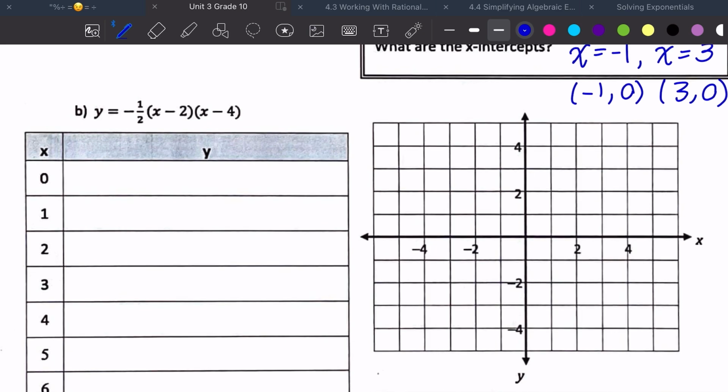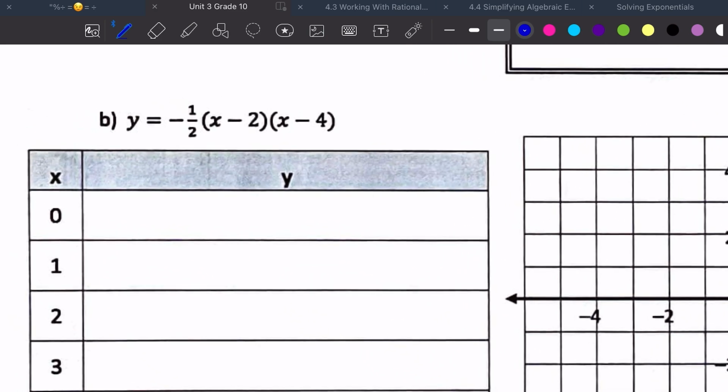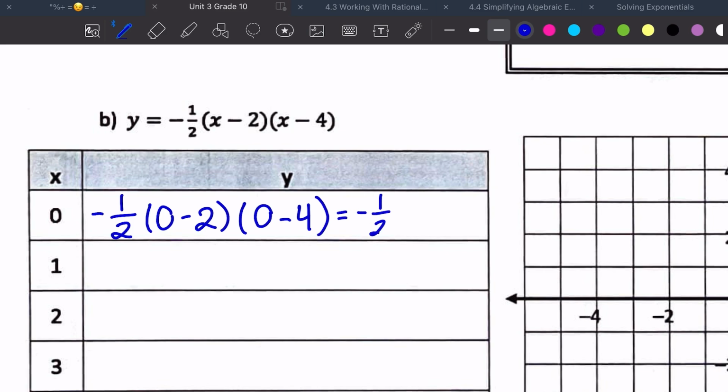We've got a fraction in front. Don't let that scare you. We're just going to still do the same problem solving of like, okay, if I'm putting in 0, this is really going to be -½ times 0 - 2, 0 - 4. BEDMAS says I got to do brackets first, right? So I got to simplify what's happening in here before I worry about this -½ in front. We'll worry about that after these things are multiplied, right? So this is going to be -1/2 times 0 - 2 is just -2, and then 0 - 4, -4,